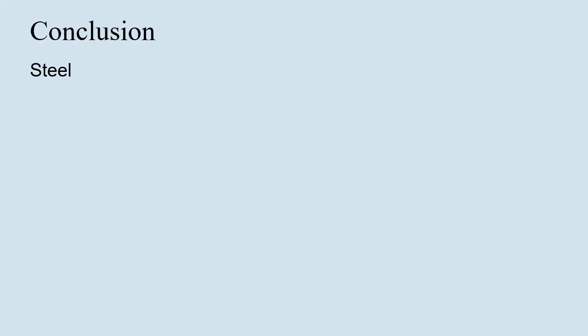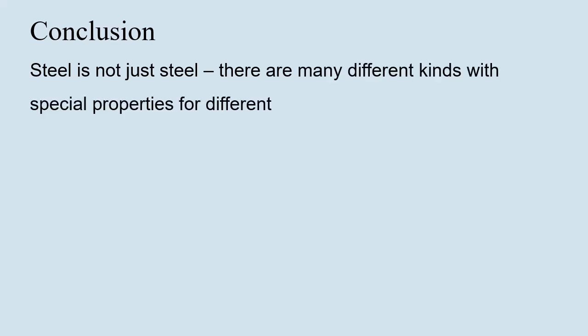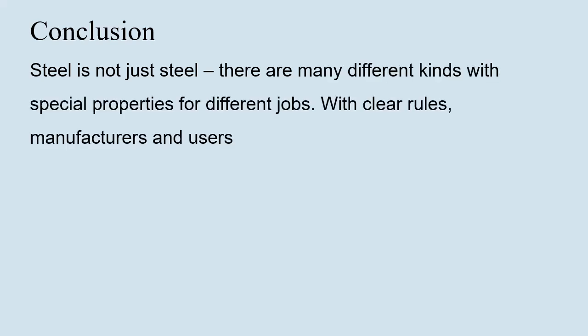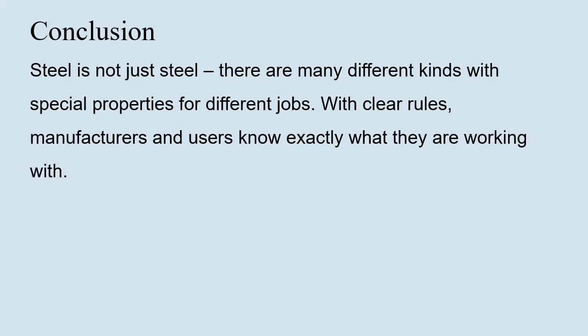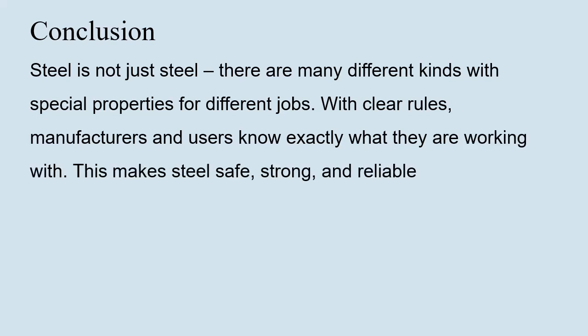Conclusion. Steel is not just steel. There are many different kinds with special properties for different jobs. With clear rules, manufacturers and users know exactly what they are working with. This makes steel safe, strong, and reliable, whether in a huge skyscraper or a small screw